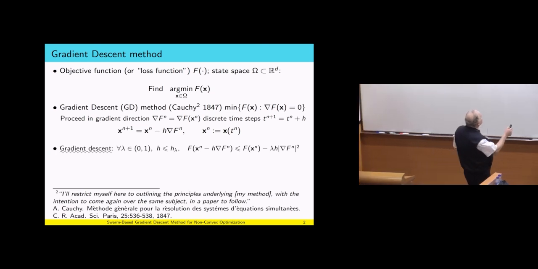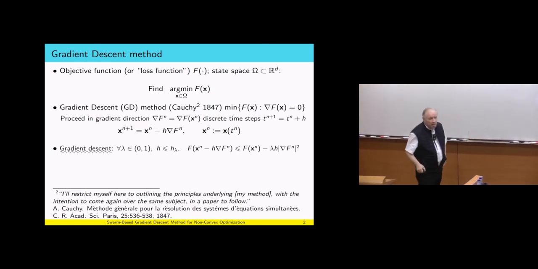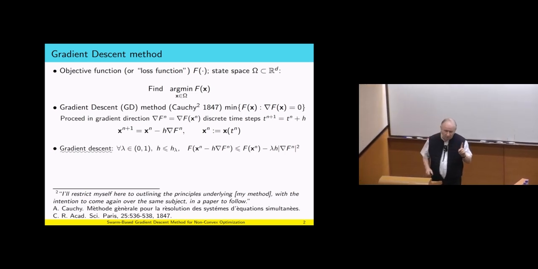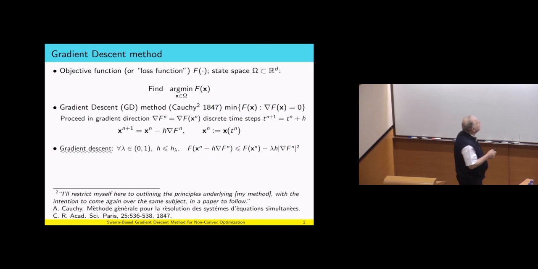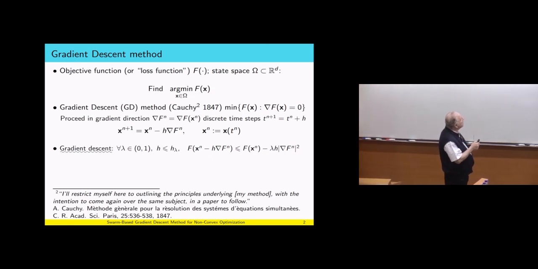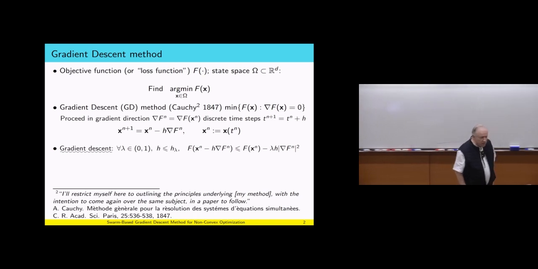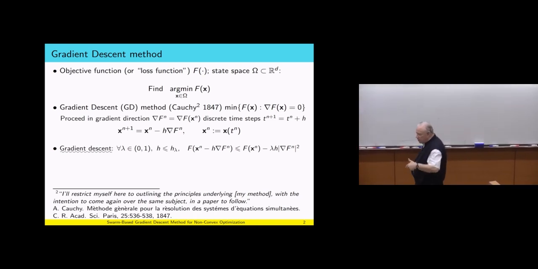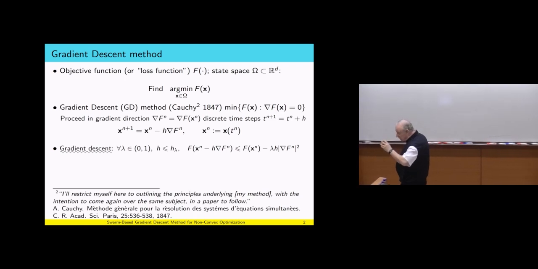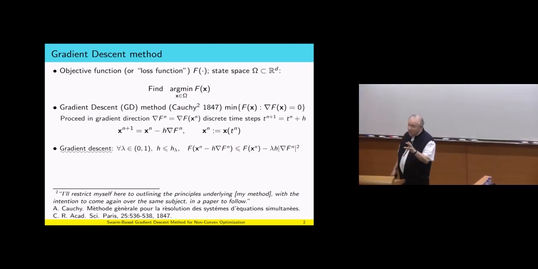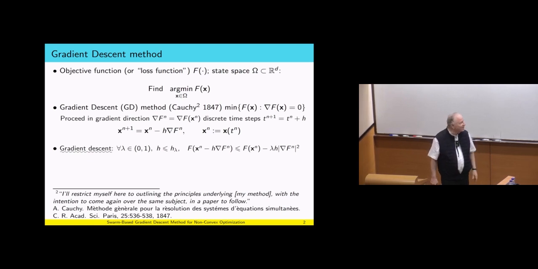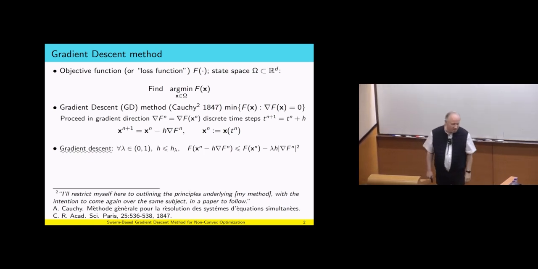And why the gradient descent method? Because we really have the following important statement that I will make reference to. For any fraction lambda less than 1, there is an h_lambda, a threshold, such that for all step size less than this threshold, you go down. And the amount you go down is lambda times h, times the square of the gradient. And the reason is because the linear part dominates over all the other terms. That's basically the essence, and that's very beautifully explained in the paper of Cauchy. It's quite interesting to read it, right? 1847.